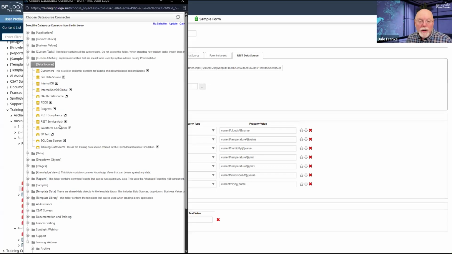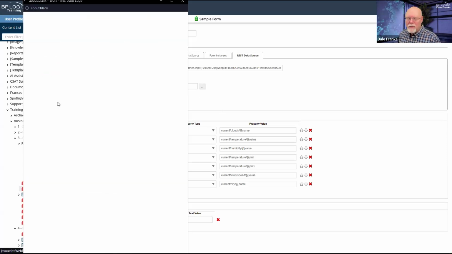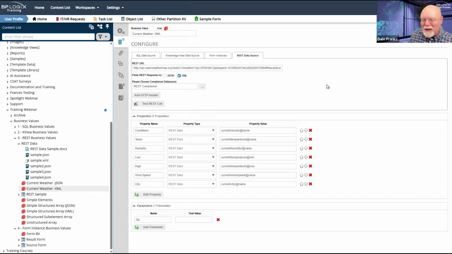So they would just go into data sources. And in this case, I have REST compliance. I also have REST service auth. I have several compliance data sources, but we'll just say that's the REST compliance. I don't remember. It's a compliance data source. So that will now pass my authentication information that's required to the REST service and get me in so that it can pull the data back that I want to pull.